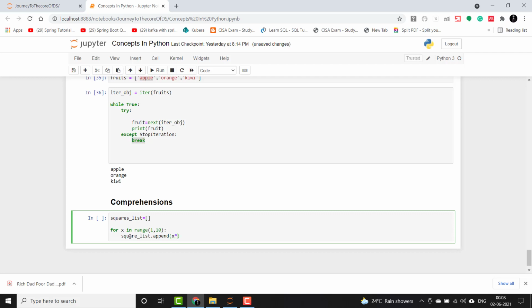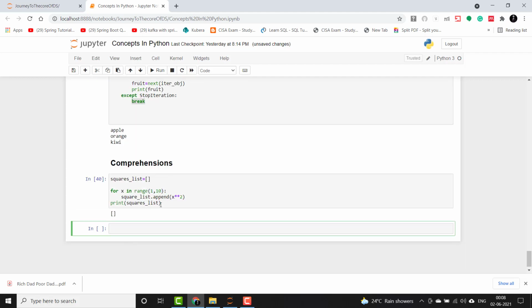I will say x star star 2, so that is squared. Okay, and then I will print the list. Okay, so this is the normal way of doing it.